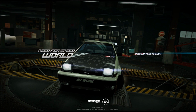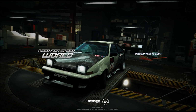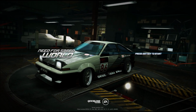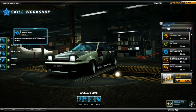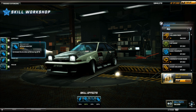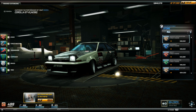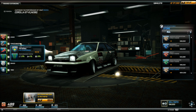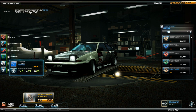On December 21st, 2012, the Toyota Corolla GTS AE86 C-Spec features top-notch performance in C-Class. Featuring 2 3-star nitrous power, 1 3-star nitrous duration, 1 3-star perfect start, and 1 3-star perfect start RPM skill. Featuring a Red Ultra engine, Red Pro force induction, Red Pro transmission, Green Pro suspension, Yellow Pro brakes, and then